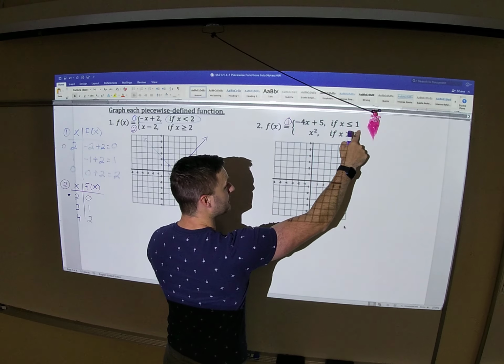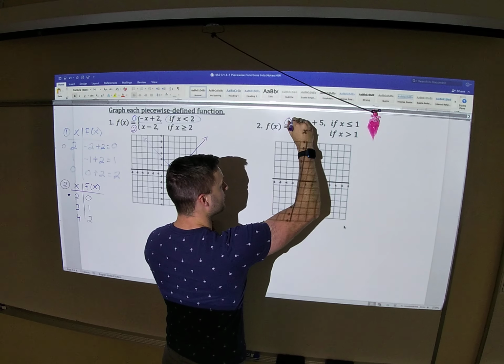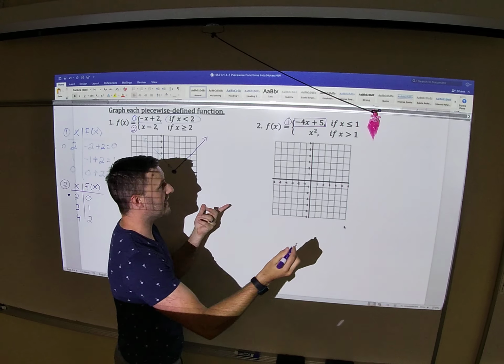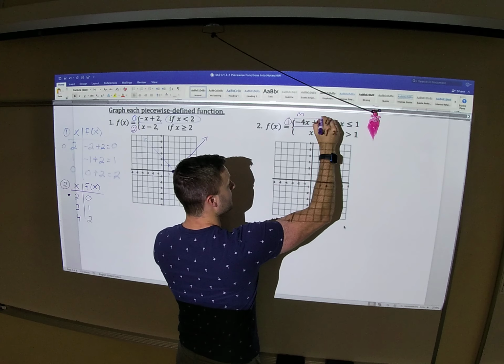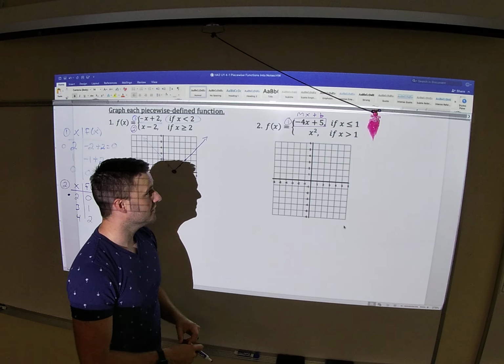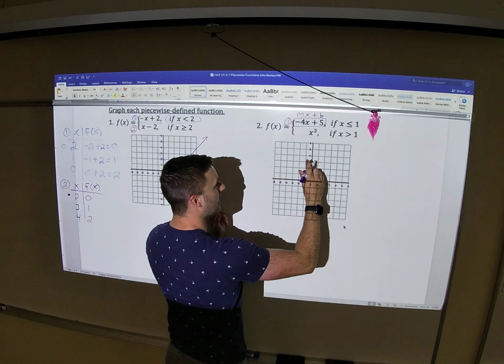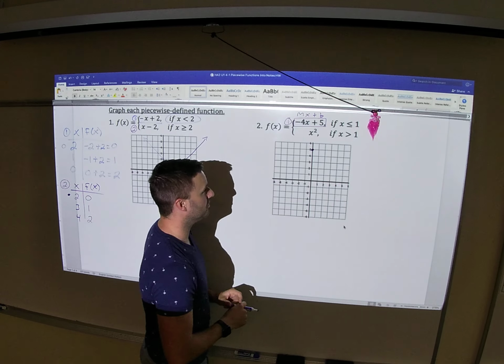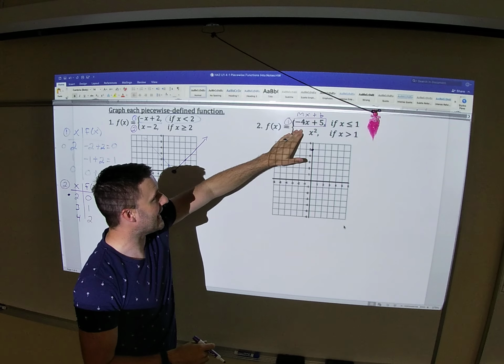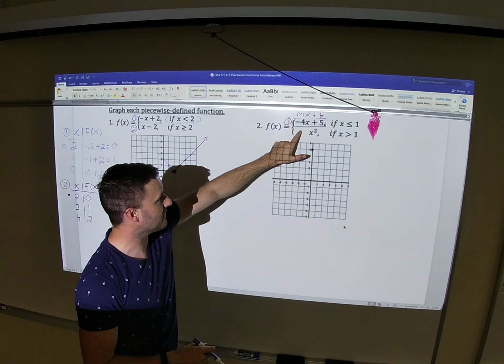You're going to ignore this for now, not forever, but you're just going to first graph the first piece. So we have y equals mx plus b, so my m is -4 and my b is +5. So that b is that starting point. So I'm going to go up 5, and there's my starting point. Now, this slope is telling me, hey, I'm going to go down 4, remember the direction, down 4, and we